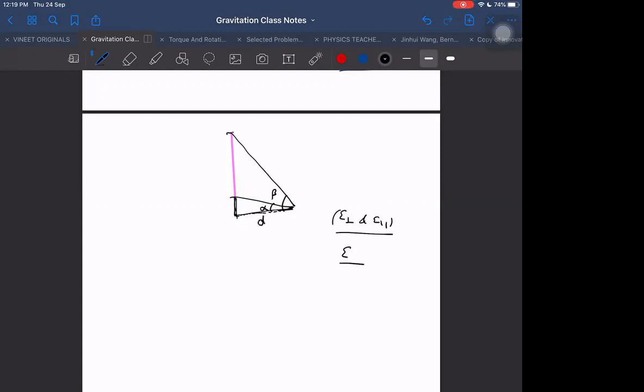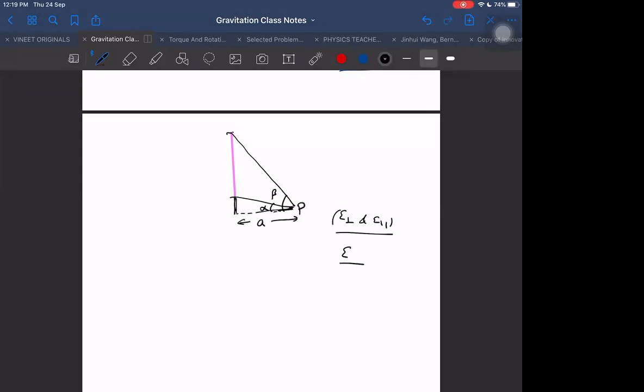This distance is given as D. Last time I don't know what I took it as. Did I take it as D or A? What I took it? Perpendicular distance as A, sir. Let me take that only so that you are habituated with that. Let me take it as A.